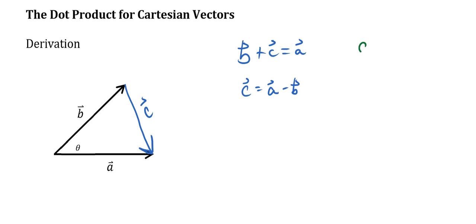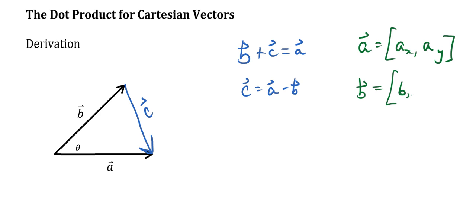And I'm going to define these vectors as AX, AY. We sometimes refer to that as A1, A2. X and Y can be nice to use because then you remember which one's which. 2 is usually Y, but anyway. And B is the X value of B and the Y value of B. So that means C